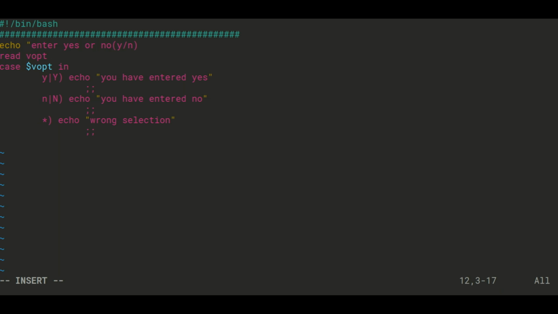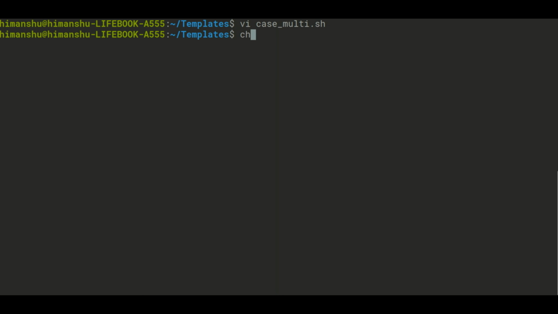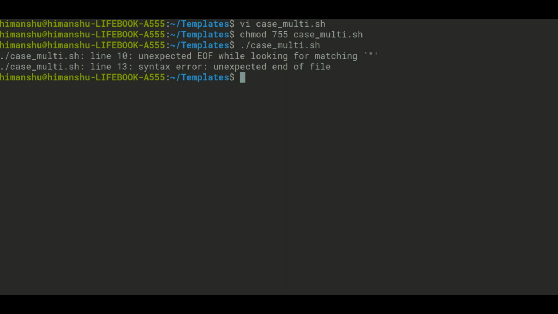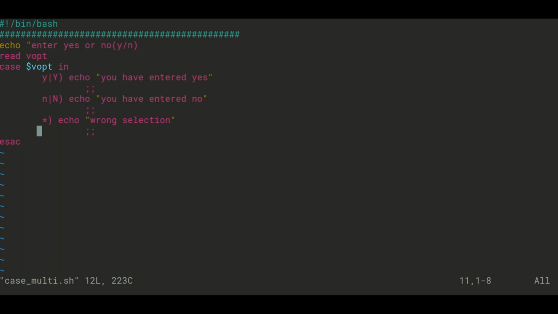Terminate this and close my case with esac, and save it. Give the file permission as case underscore multi, and I will run it. I missed a double quote here after echo.